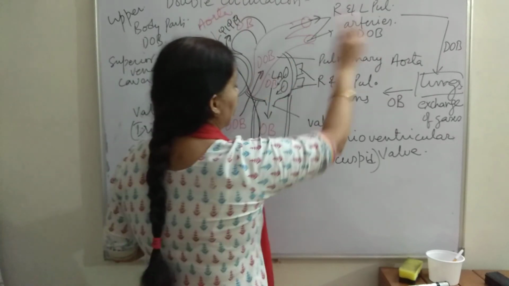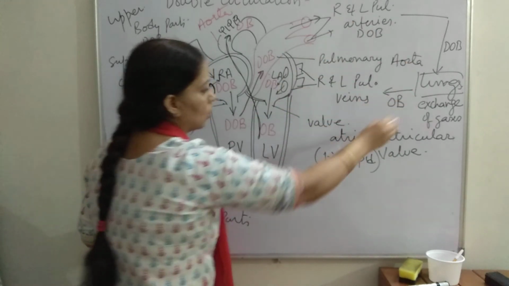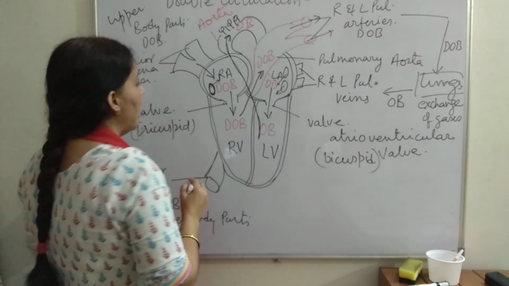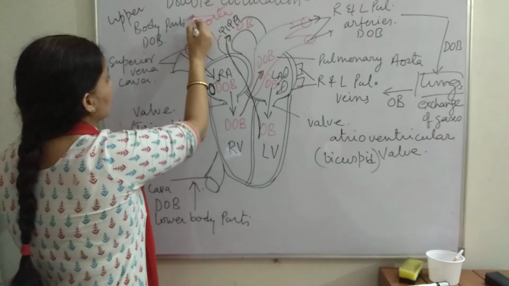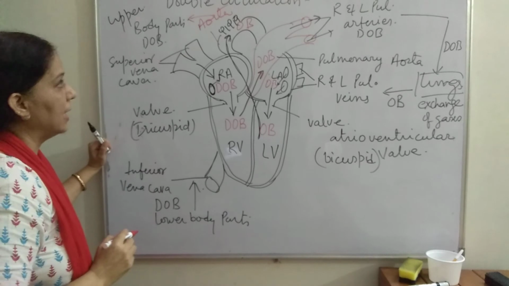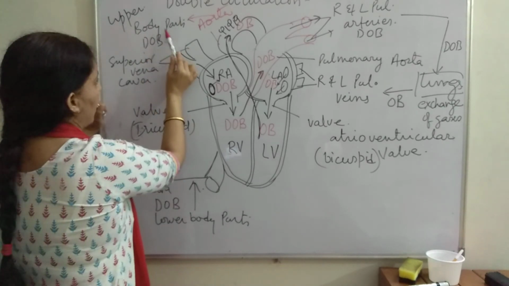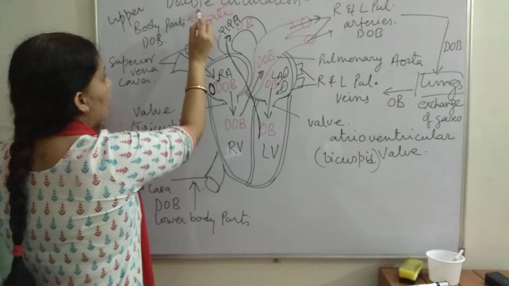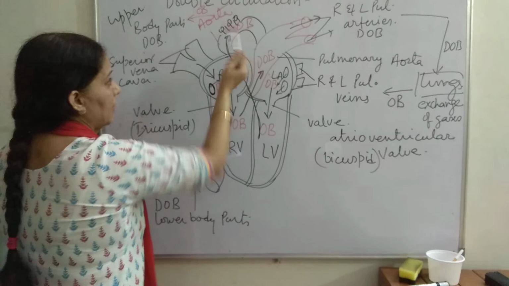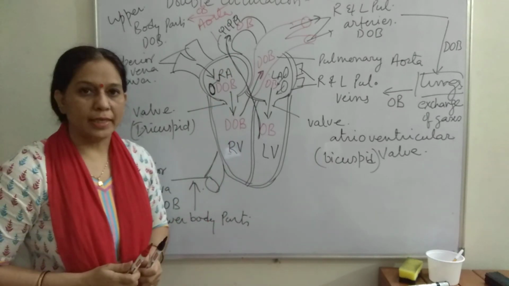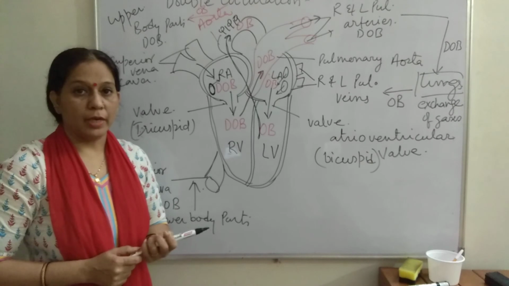Now deoxygenated blood circulates this way, and this circulation is called pulmonary circulation, and when oxygenated blood through arteries is supplied to all body parts, that is called systemic circulation. So here you can see we started from body parts and we ended with oxygenated blood to the body parts itself. Because systemic aorta is divided into arteries and arterioles, and these arterioles supply all oxygenated blood to all body parts.